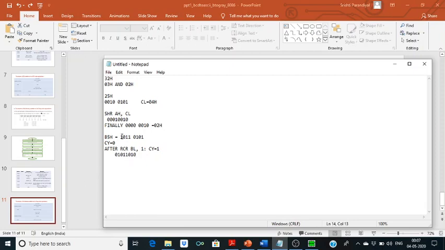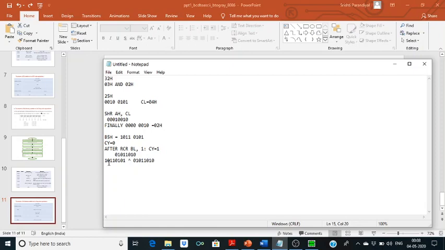So in this way we can see, if we XOR AL and BL, this will be the content of AL and this is the content of BL after RCR. So 1 0 1 1 0 1 0 1, and we have to XOR it with 0 1 0 1 1 0 1 0.